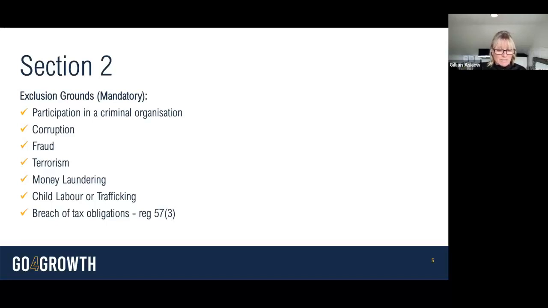Secondly, the ground for mandatory exclusion for breach of tax and social security obligations no longer applies where the supplier has paid or entered into a binding arrangement with a view to paying the outstanding sums due, including any interest or fines. In addition, this ground may be disregarded where exclusion would be clearly disproportionate, in particular where the unpaid amounts are only minor, or the supplier did not have the opportunity to pay or agree to pay the outstanding amounts prior to the deadline for submitting requests to participate or tender. Those are, generally speaking, the only grounds for mitigation around these mandatory exclusions. Anything else, it is more than likely that you would be excluded and therefore unable to continue.